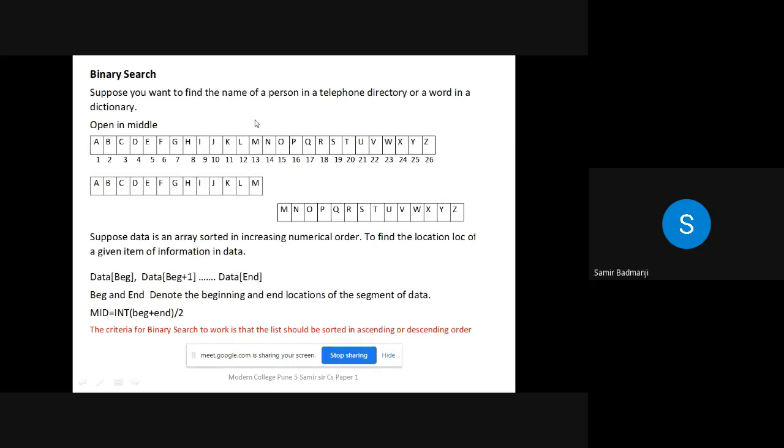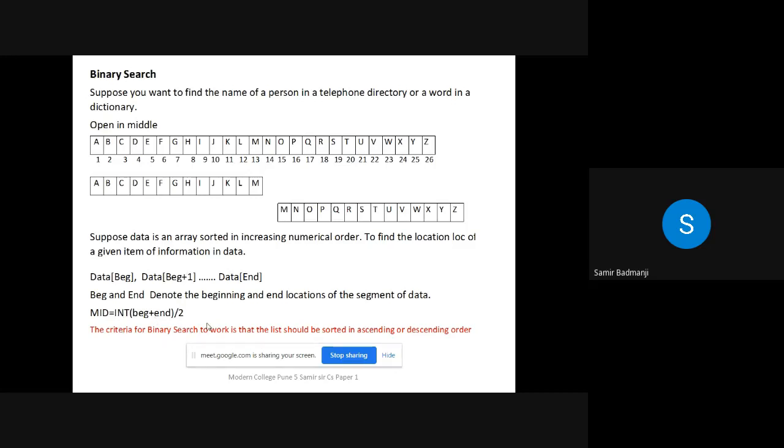Now if you want to find the midpoint of this array, what you have to do is mid equals int of begin plus end divided by 2. Begin is 1, end is 26, divided by 2. See why I have written int here. Int stands for integer. That means if there is a decimal point, it will just be ignored.